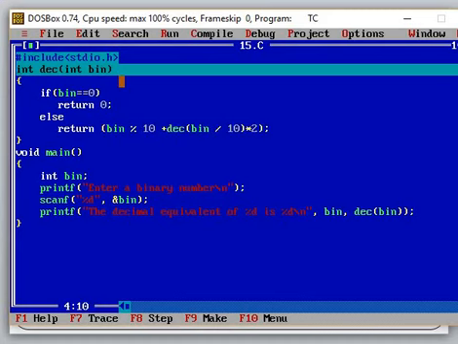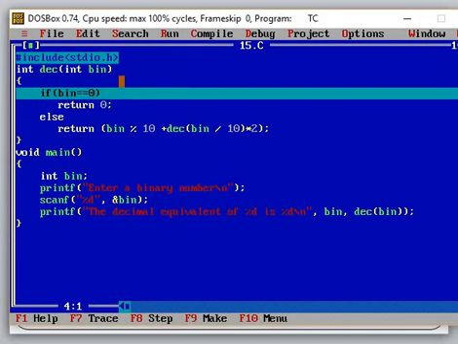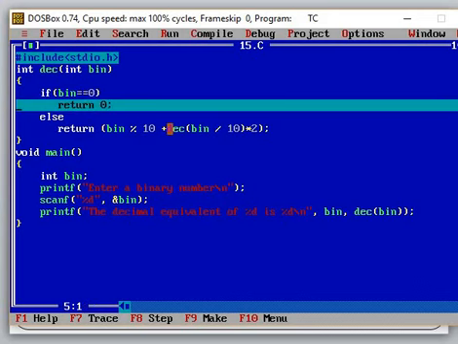Here when it verifies this condition and I press F7, 0 is equal to 0. Yes, so it will take this statement for execution, and when I press F7 again it is there in that line. Now it returns 0. That means the innermost part of this call is assigned 0.